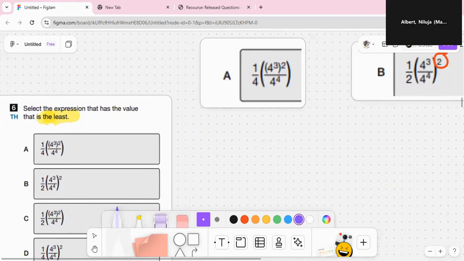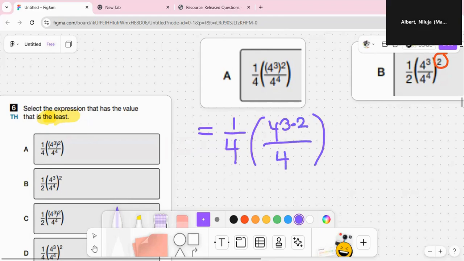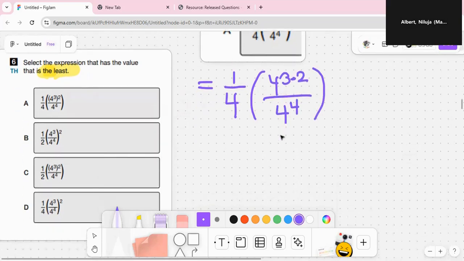So here I have a fraction that I have to multiply by my numerator and a denominator that is inside brackets. So I want to, according to my BEDMAS laws, focus on solving the brackets first. The numerator has a power rule because there's one base and multiple exponents. So I have to actually keep the base the same and multiply my exponents before I can divide the powers. So that gives me an answer of 1 over 4